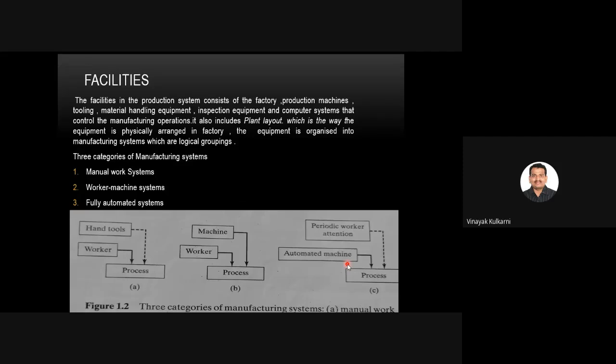Manual material handling tasks are common activities in manual work systems. That is, you have to pick up one part and carry it to the next machine. You have to do the manual work. Production tasks commonly require the use of hand tools such as screwdrivers and hammers.